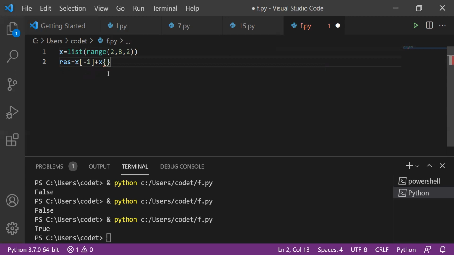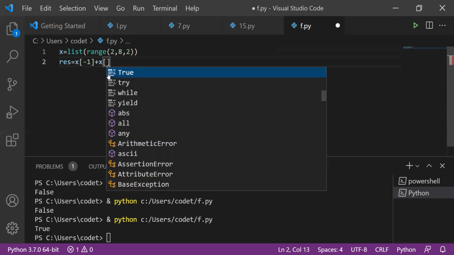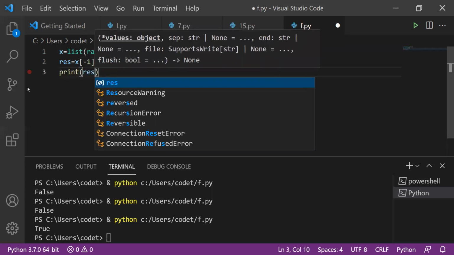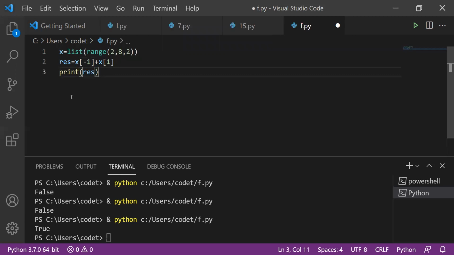Now what is it going to take? What is going to print in the output? Can anyone guess? We have to write a print statement here. Print of res. Now, can anyone guess? So firstly, I'll tell you one thing, that list of range starts taking from 2 and it will increment +2, +2, +2 each and every time. Start, step and end. Okay. Now it is starting with 2. It will increment with +2. So now 2, next to 2 is 4. Now next to 2 is 6. Now next to 2 is 8. It will start taking like that till 8.